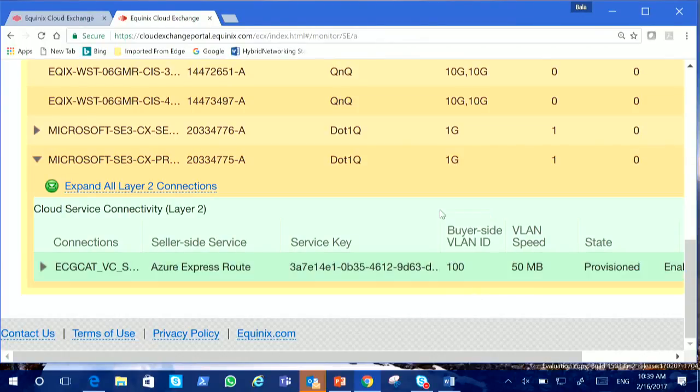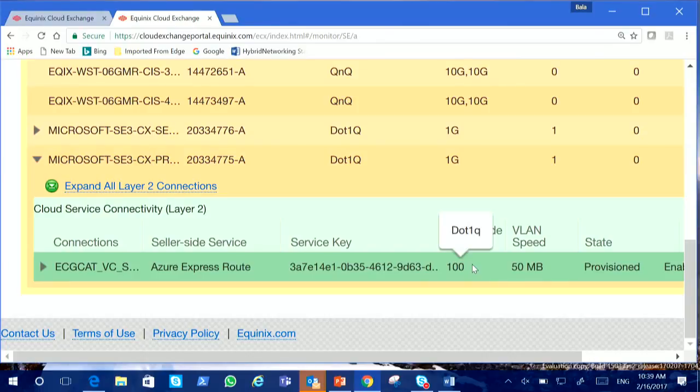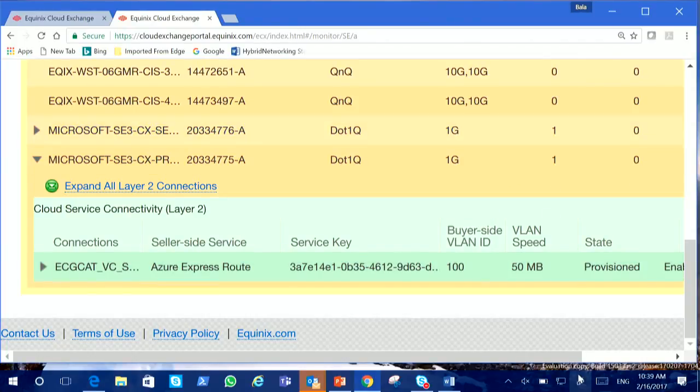Then it also asks, how are you going to actually send this VLAN traffic through the Ethernet medium? What kind of queuing mechanism are you going to use? Is it .1Q, or is it a Q-in-Q method? This setting is mainly between your router and the Equinix configuration.